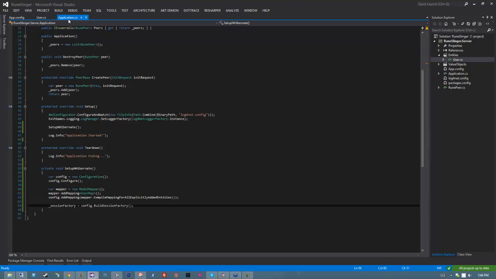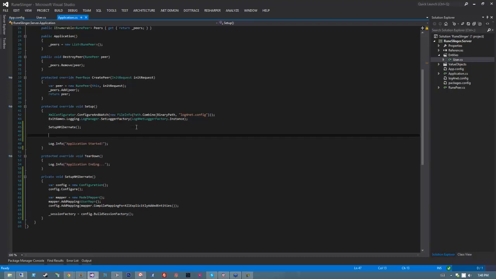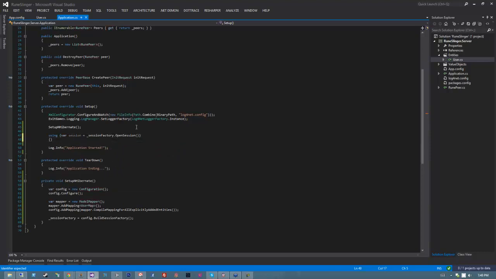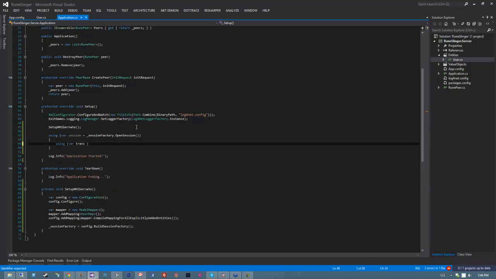And again, I haven't forgotten about that question as far as how does it know where the config file is. I'll get to that in a second. But first I want to prove to you guys that I actually made this work. So in my setup method, I'm going to write some test code just to prove to you guys that this is working right. So I'm going to say using var session equals sessionFactory.OpenSession, using var trans equals session.BeginTransaction,